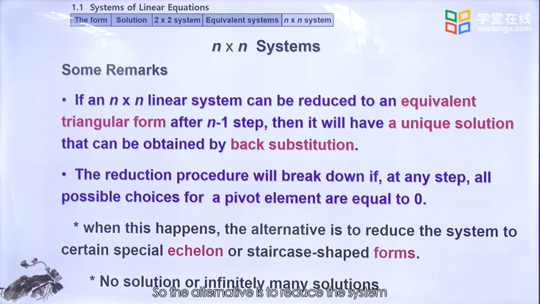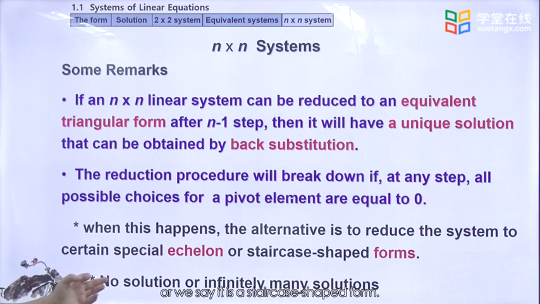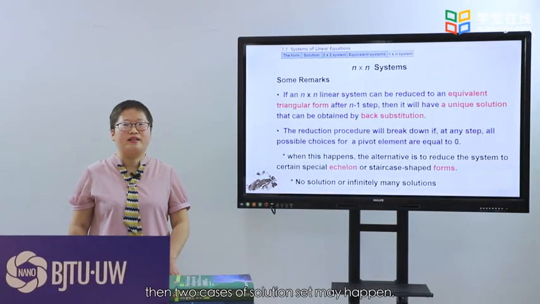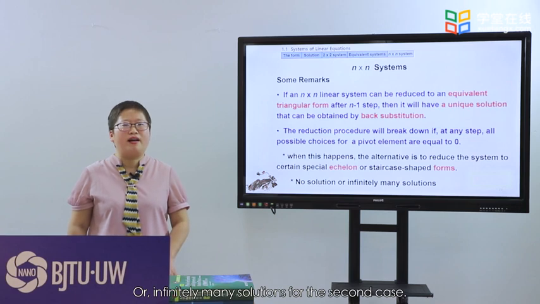The alternative is to reduce the system to a special echelon form, or we say staircase-shaped form. If you transform the augmented matrix to echelon form, then 2 cases for the solution set may happen. The first one is no solution, or infinitely many solutions. For the second case,